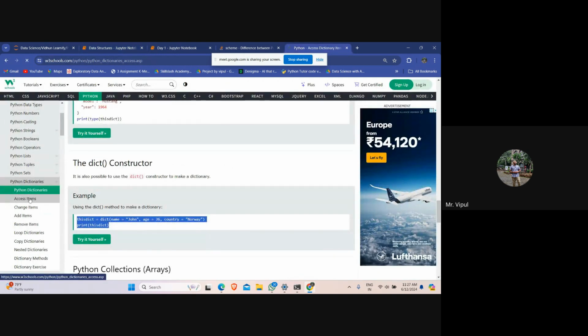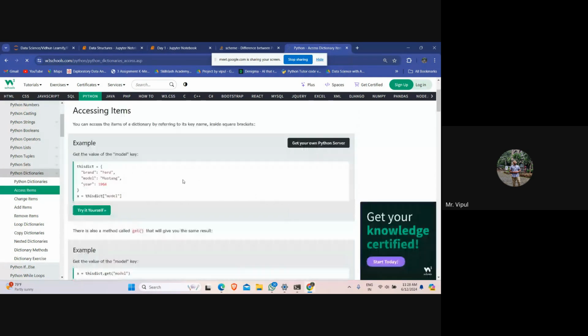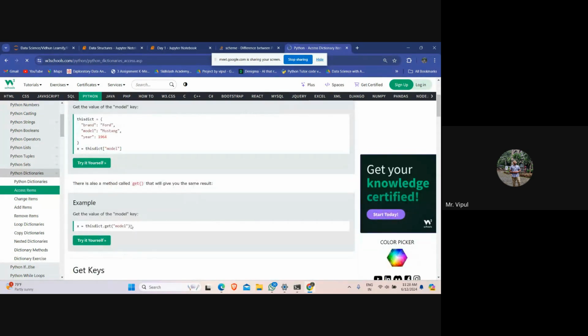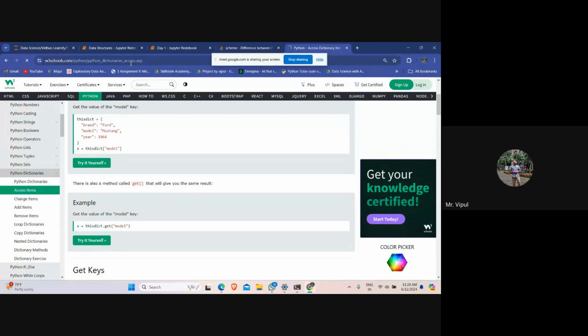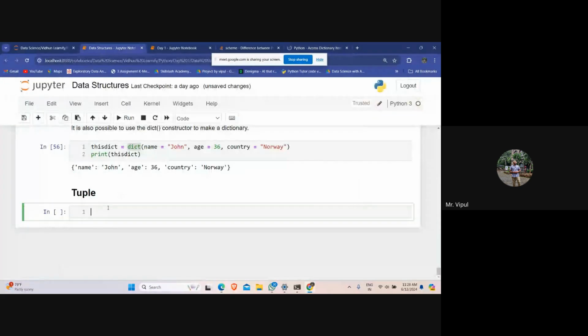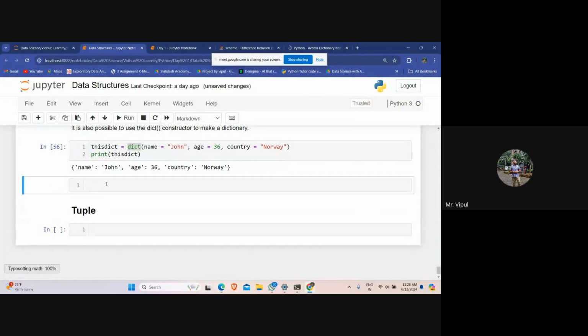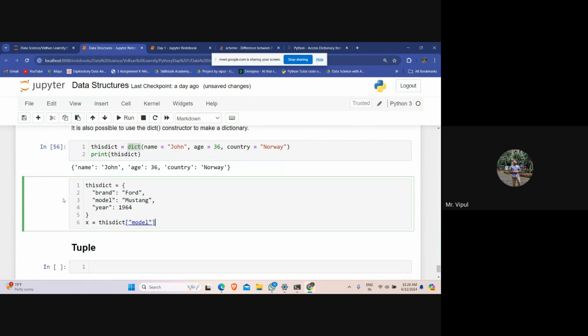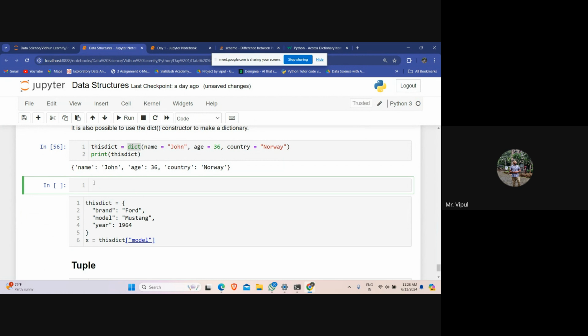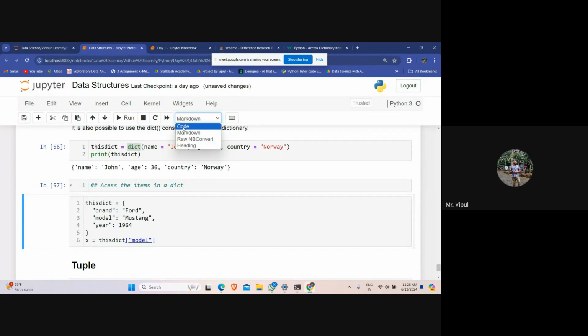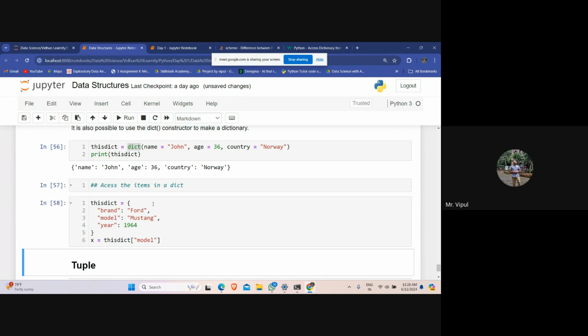If you want to see how to access items in a dictionary, we'll see that. Let's say this is your dictionary, suppose. Access the items in a dictionary. And let us go for this code.